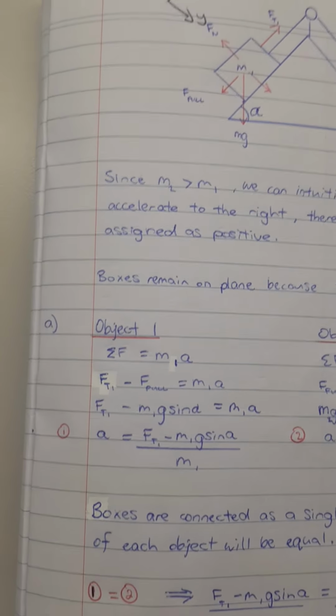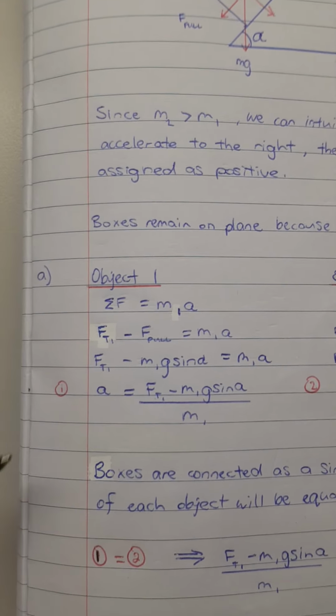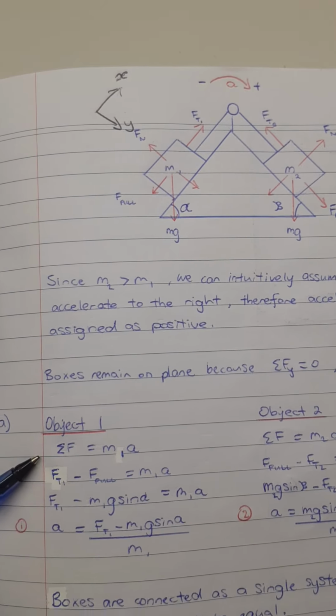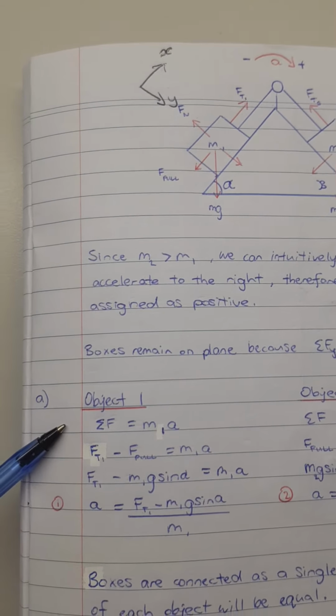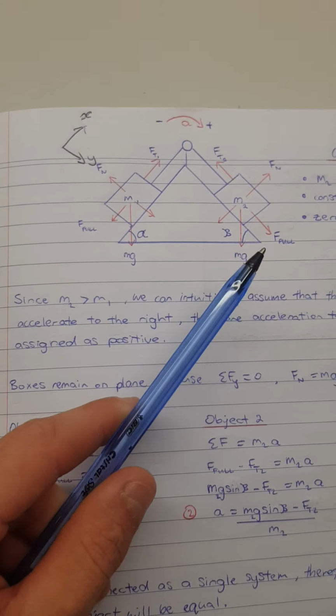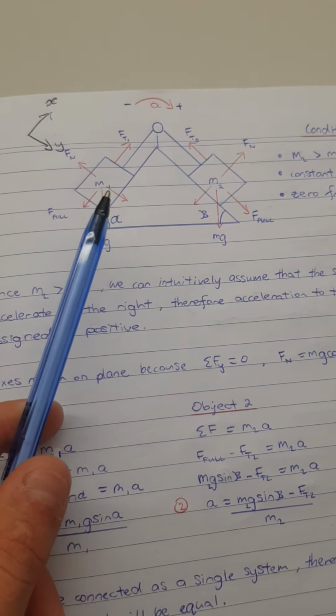And so therefore we don't have any of the y components, we only have the x components, which up the plane is force tension 1, which I've said is positive